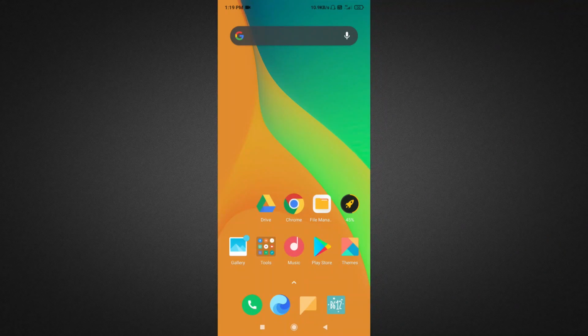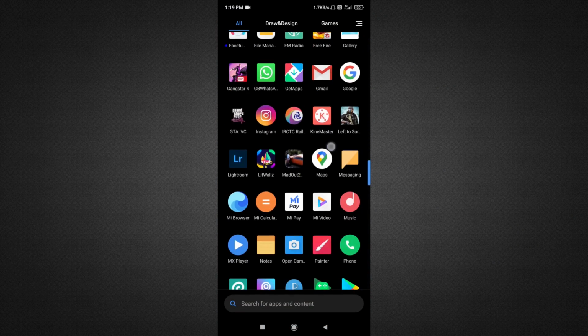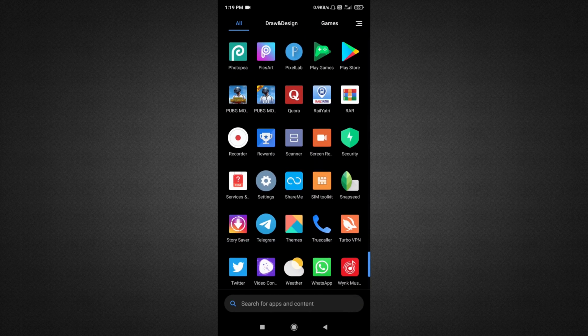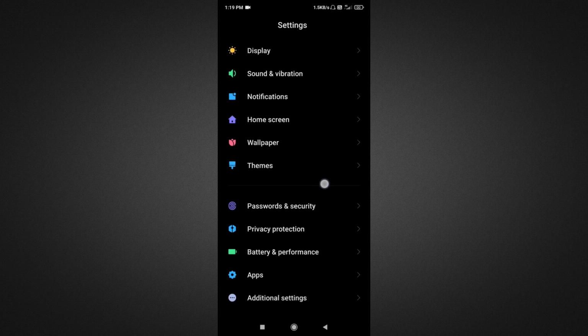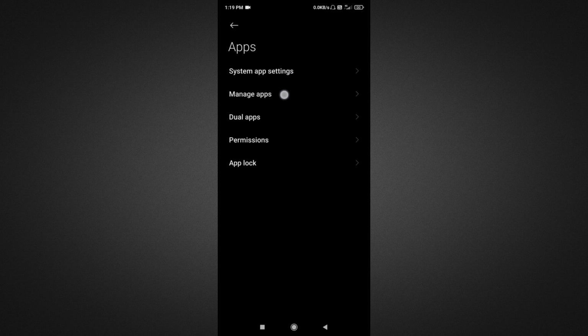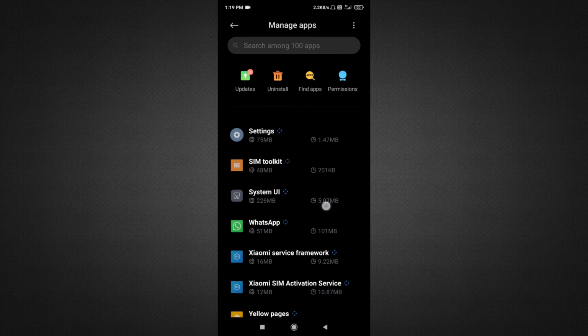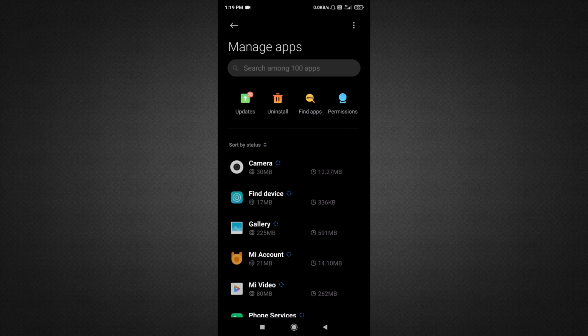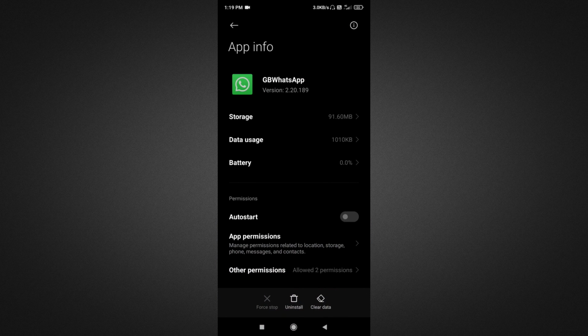Okay guys, so now we are on my mobile screen. Now all you need to do is go to the settings app. So let's open settings in our device, which is a default app in our phones. Now see here, settings, we will open this and now go to apps. We need to find apps like this, click on the apps button and go to manage apps. After going to manage apps, you will be able to see all the apps which are in your smartphone. Now all you need to do is search the app GB WhatsApp. Now you can see I opened GB WhatsApp over here.